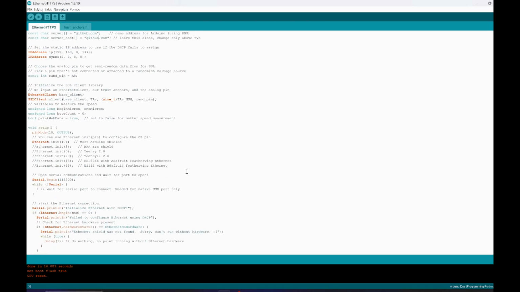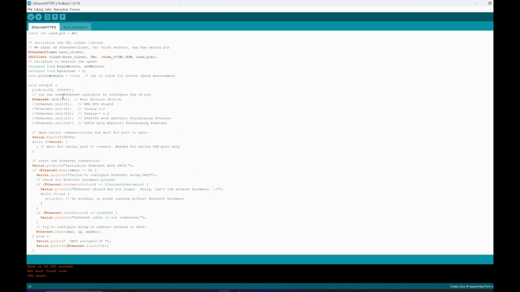So this is pretty much it. You have to remember to set up the correct pin for your Ethernet shield. So in my case it was the D10 pin, so it is used as an output,